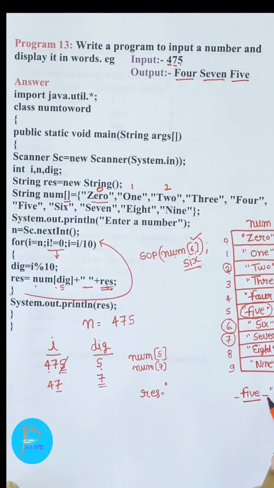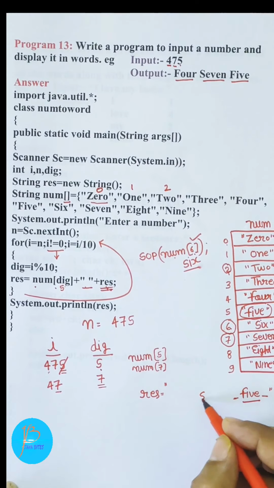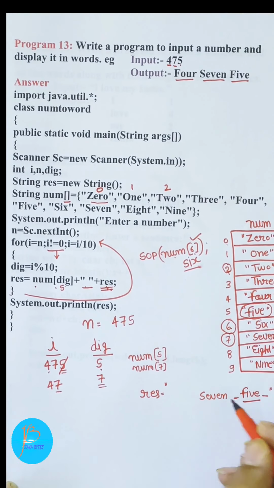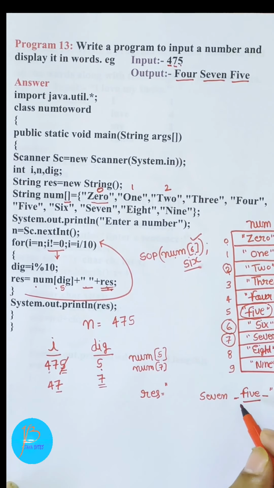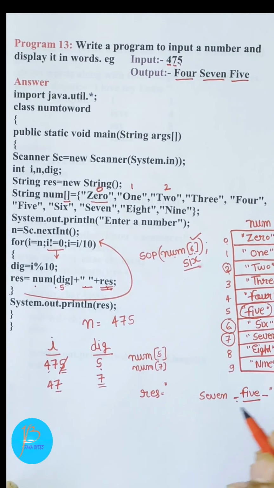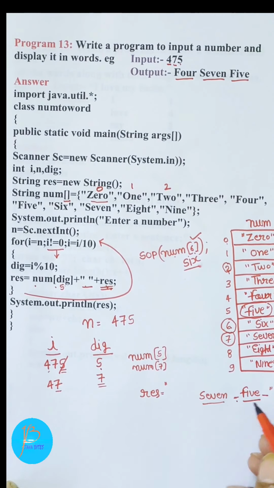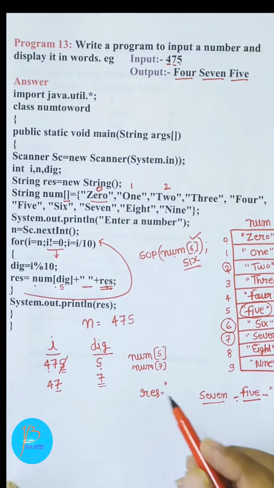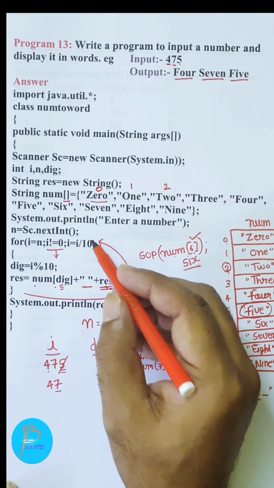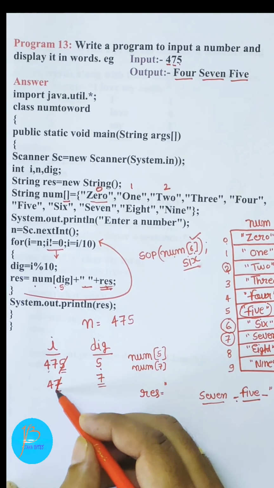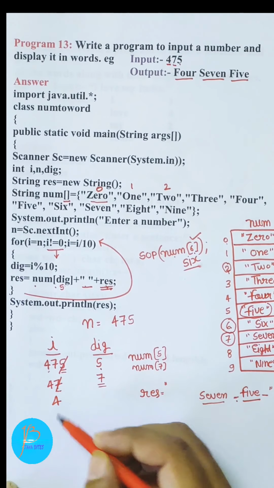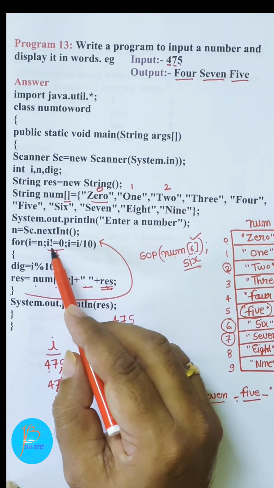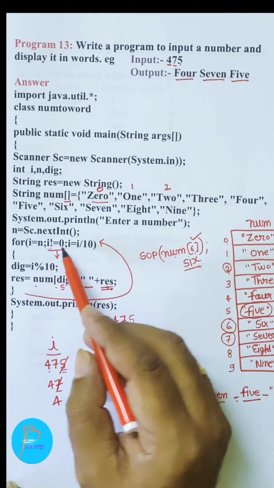So you know that the value of res is 5. So children, it will add 7 before this. Okay, now one blank space will be added and then 7 will be added before the value of res. After that children, control will go up. I equal to I divided by 10. So now your value will turn to 4 of I. Now again we will check whether I is not equal to 0.